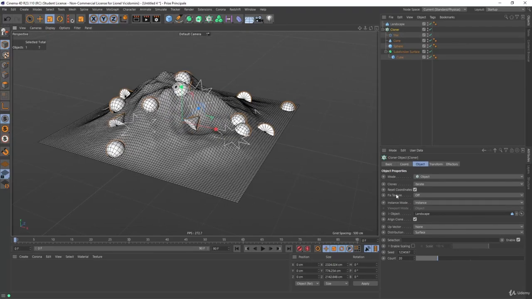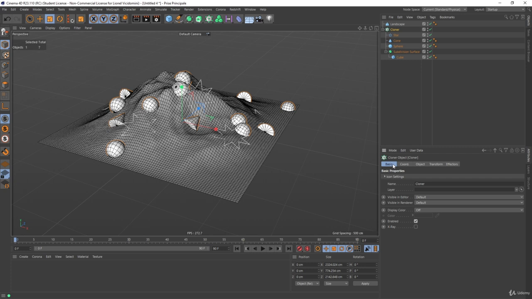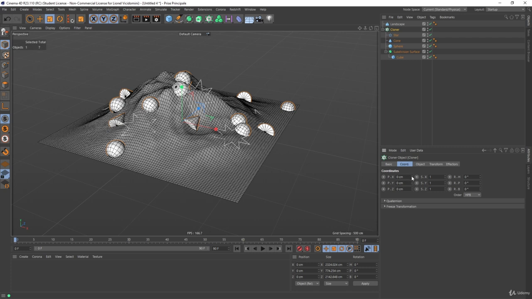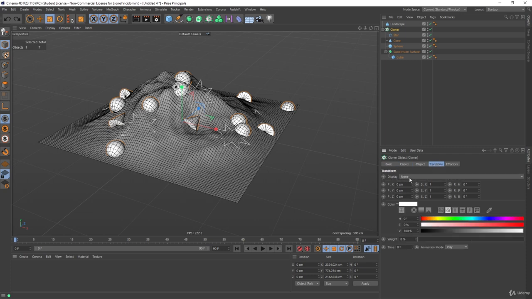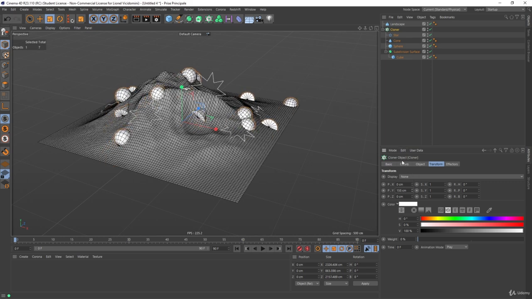For every mode, you have options which are going to change. Every time we still have the basic tab, which is just where you activate or not your object. You're going to name it, manage the layer and so on. The coordinates, if you want to move everything. The transform, where you can add transformation to the individual objects. For example, if I put them all on Y,